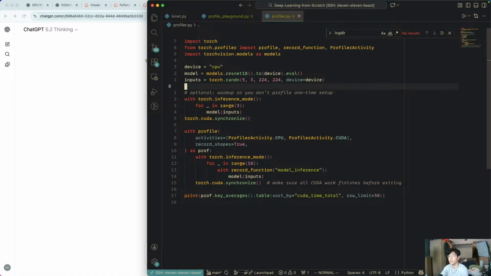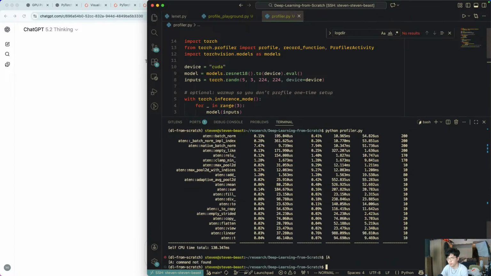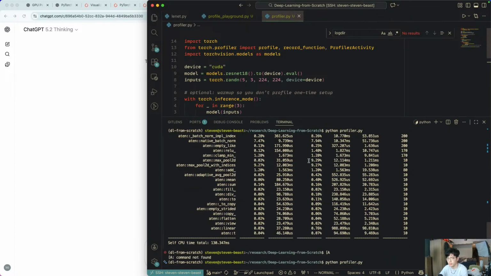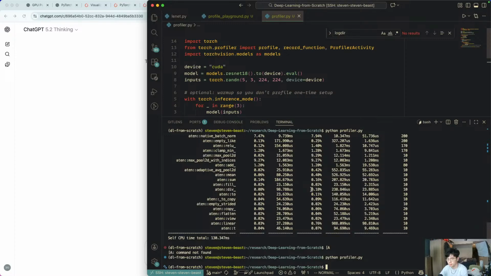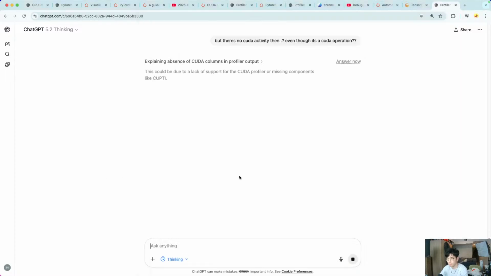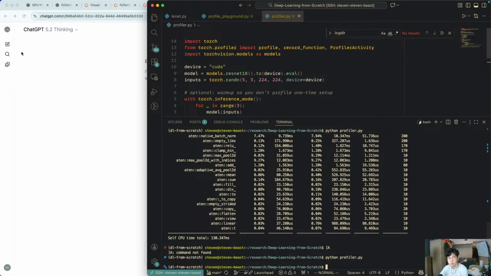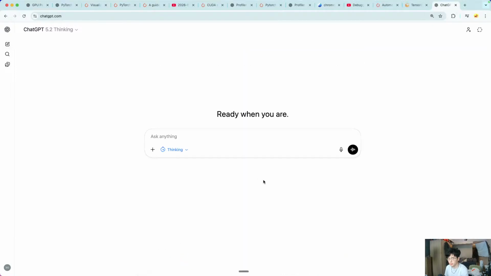Okay, so it is warning on CUDA, but if you do profiler activity CUDA, it doesn't capture properly. Yeah, so it's CPU. Okay, the other thing is, the very first thing when I'm trying to debug a program